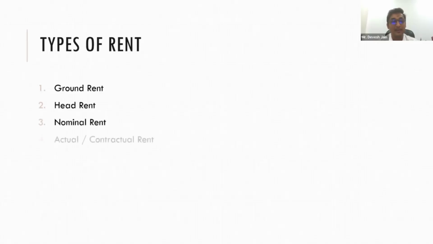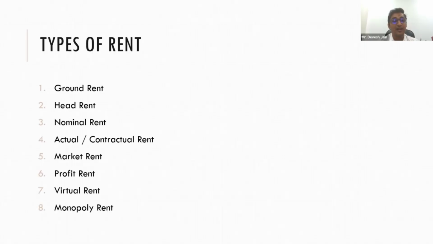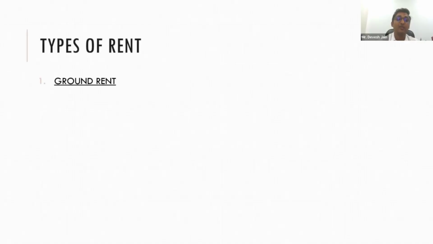Next is the types of rents. These are some basic types of rents that we'll be discussing: ground rent, head rent, nominal rent, actual rent, market rent, profit rent, virtual rent, and monopoly rent. These are some basic types of rents. Now, those rents which we will be needing during the case study are ground rent,